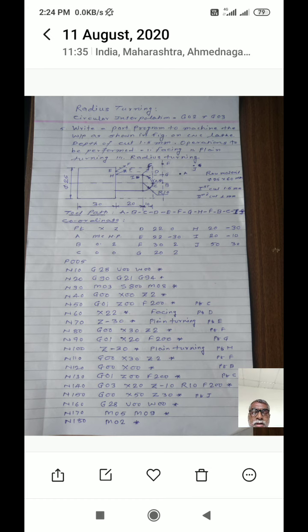Before finding the tool path, first you have to find the work 0. Work 0 is at the center of the workpiece on the face of the workpiece. In CNC lathe there are only two axes. First one is the Z axis, which is horizontal, that is the spindle axis, and perpendicular to it is the X axis. As shown in figure, first you have to find the tool path. Tool path means the tool movement to perform the various operations.